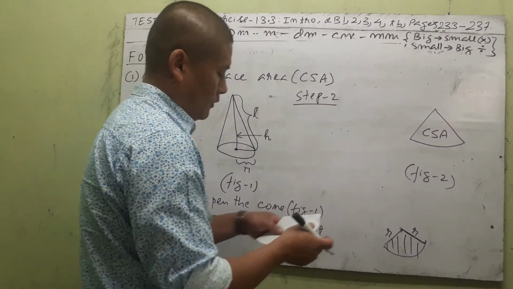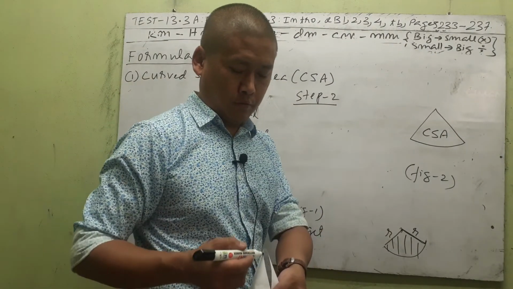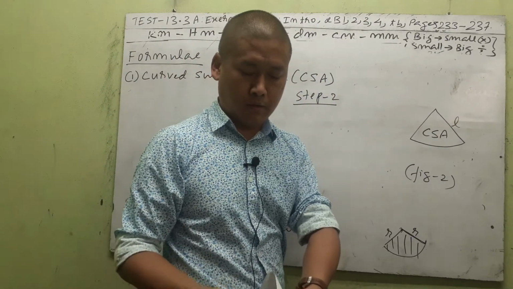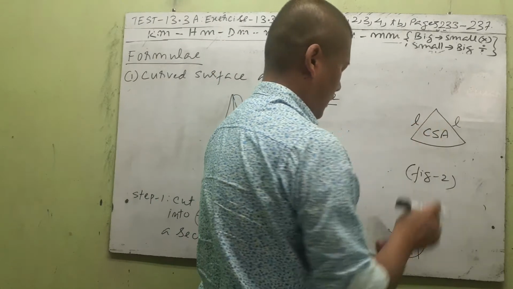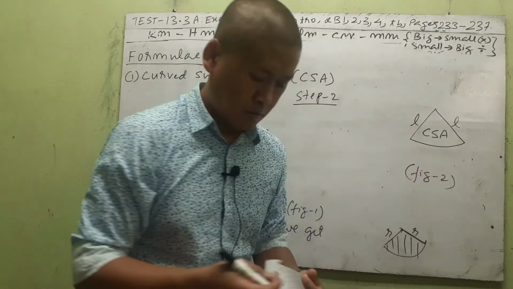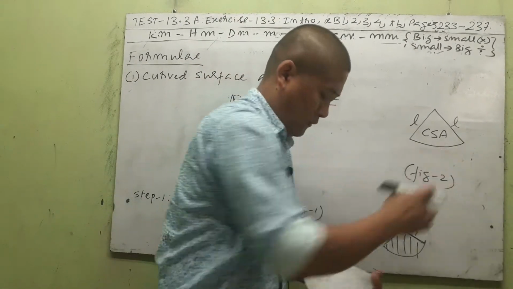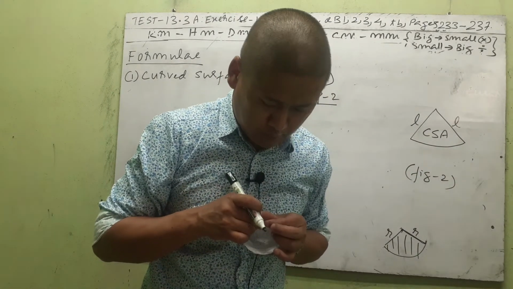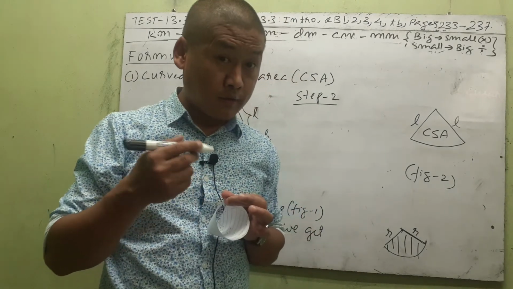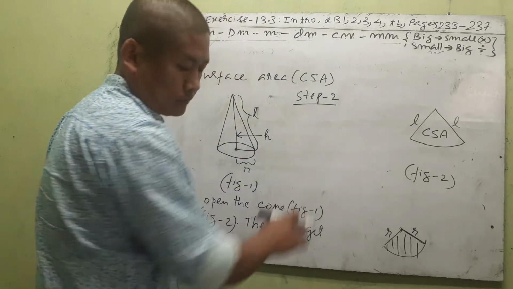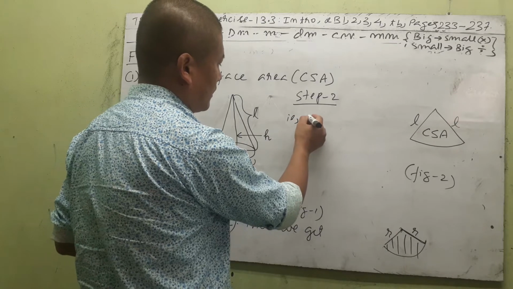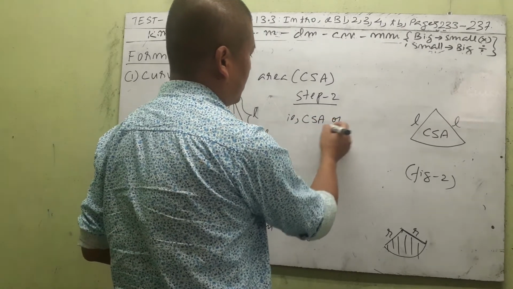Now, before you cut open, this portion was L. As you can see here, L. So this line is L, this line also L. And before you cut open, this was a circle. This portion was forming the circle. And we know that the distance covered in going one time around this circle is called circumference. So we go to say here, therefore, that